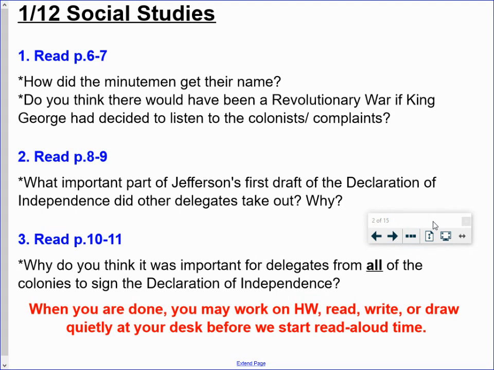If you want to work together, maybe schedule a Zoom call or something where you guys can read together and answer together. If you work on your own, then I should be seeing that you each submitted your own either Google Doc or picture of a piece of paper with your answers. If you work together, you only need to submit one Google Doc or picture with your answers, and I will know that you guys answered those together. So as always, if you have any questions, you let me know. We're on our Declaration of Independence magazine, and you're reading page 6 through 11. When you read the 2 pages, you stop and answer the questions.